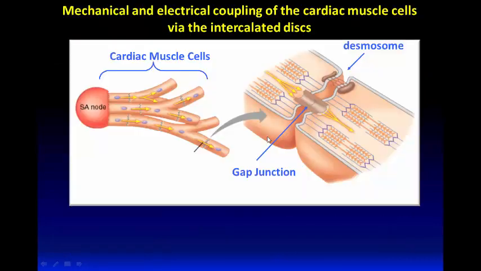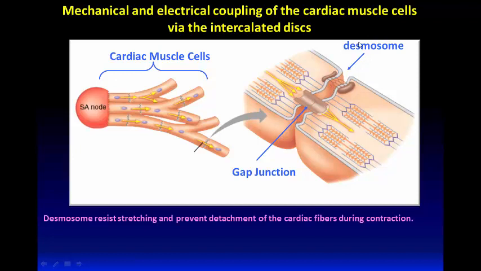So how do the intercalated discs provide mechanical and electrical coupling of the cardiac muscle cells? This is the cardiac muscle fiber, this is another fiber, this is an intercalated disc, this is a cardiac muscle fiber, this is another fiber which branches, this is another fiber, this is another fiber, and these are intercalated discs. This is another intercalated disc, and let's take this intercalated disc and magnify it and see what we have in the intercalated discs. We have desmosomes,